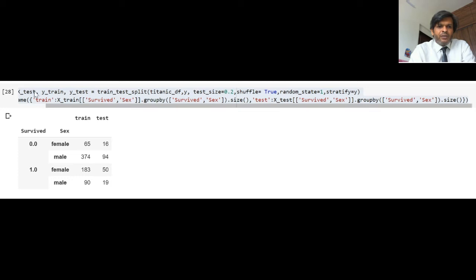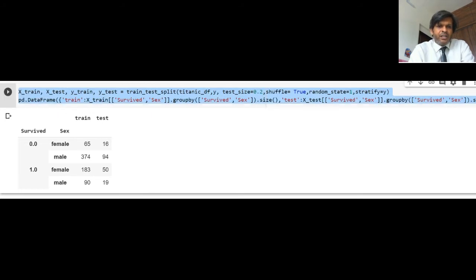I have again used the train test split function with these parameters, and I'm running the same count which we did earlier, which will generate a similar table. You can notice a difference in the count. For the passengers who have not survived, the count of that particular class is now 374 in train and 94 in the test set. So you notice there is a difference when we use this stratify parameter.